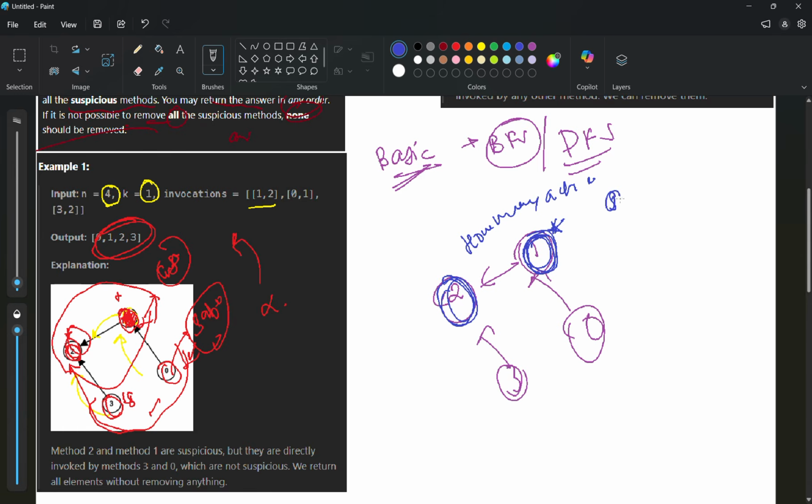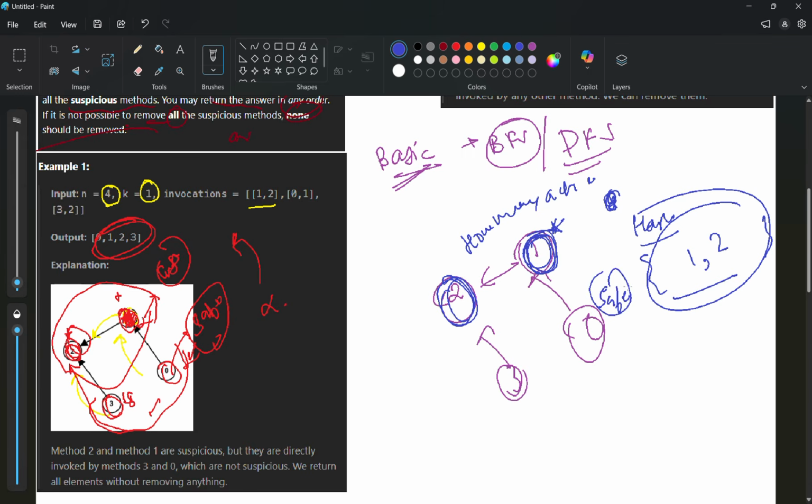After finding the infected, I can maintain a hash set in which I will just have the number of infected nodes. So as you can see, I have 1 and 2 as my infected nodes. After finding the infected nodes, we just have to check whether the safe node is dependent on these infected nodes or not. If a safe node is dependent on any of the infected nodes,